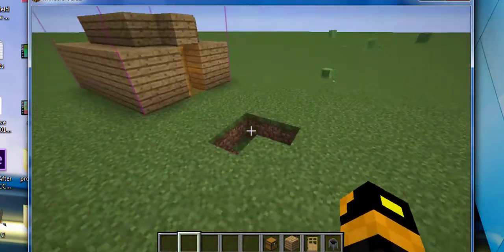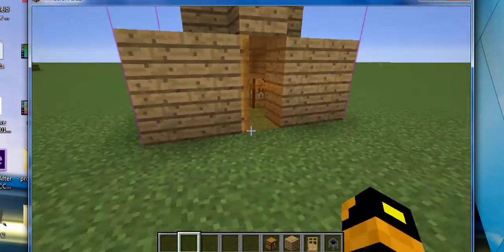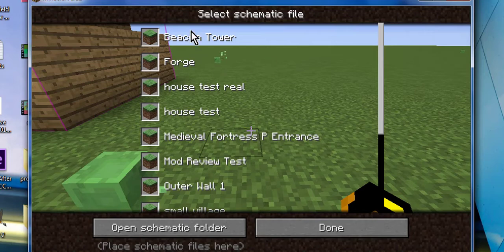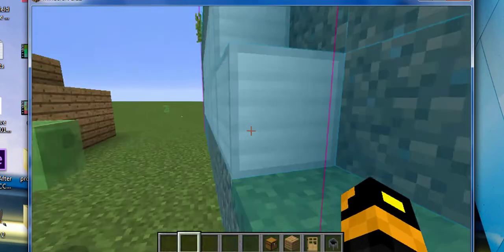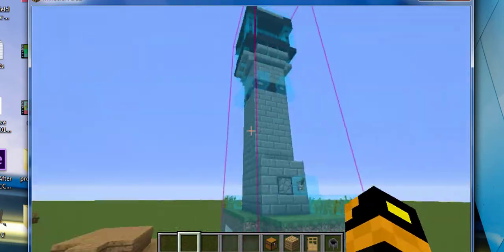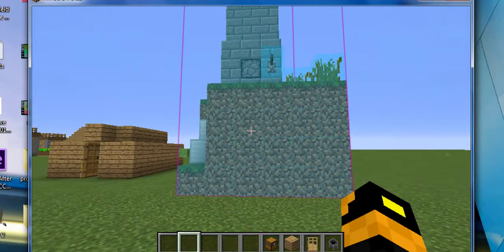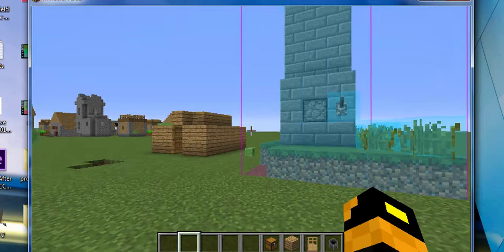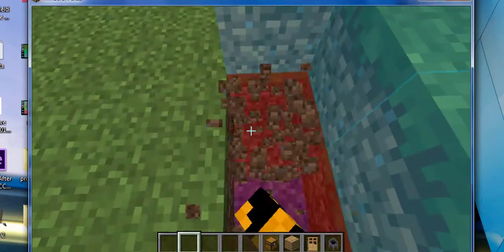Red and pink blocks mean that there is something in the way that it has to deal with. So, if I bring in a beacon tower, for example, here it is. Don't know where this was from. And then if I lower it down into the ground, as you can see, there are pink blocks here that